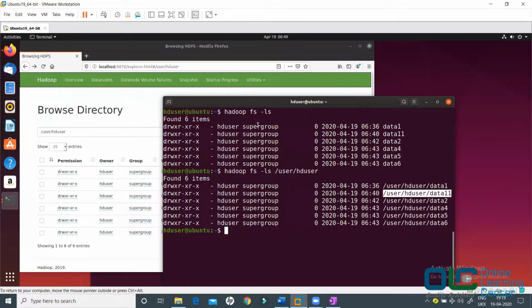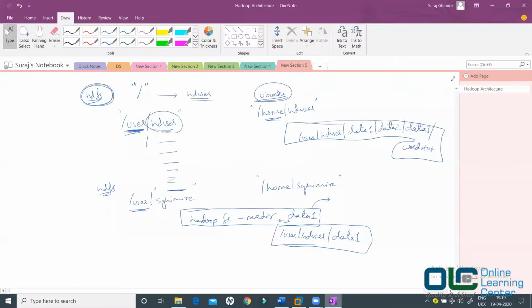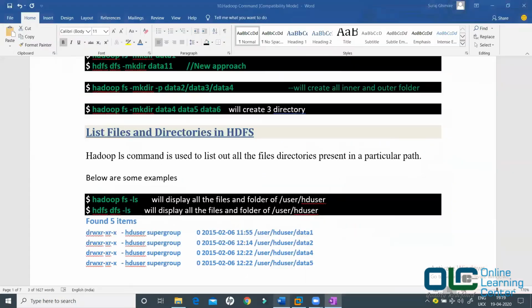The only difference you could see is that when you wrote the complete path, it gave you the complete path of your file system, but otherwise it is giving you the same folders. The output is really the same. So we are talking about this command, right? hadoop fs -ls can be used to list down the files and folders present in your HDFS directory.